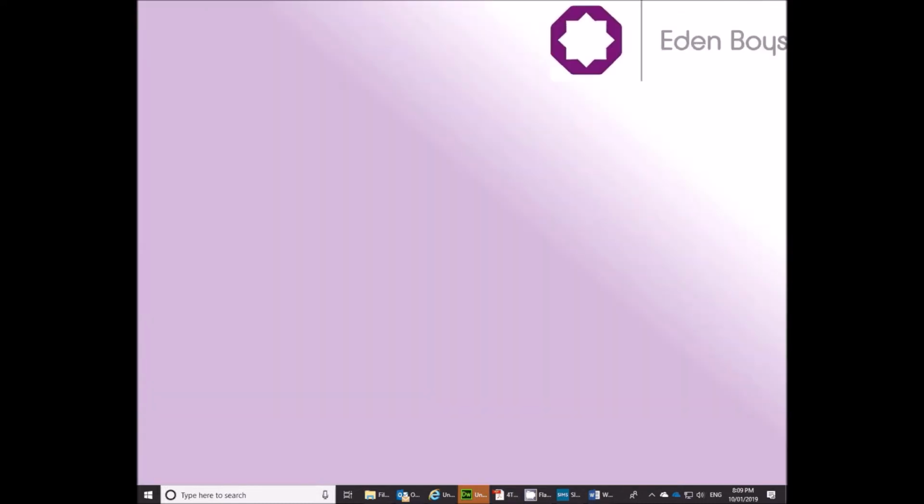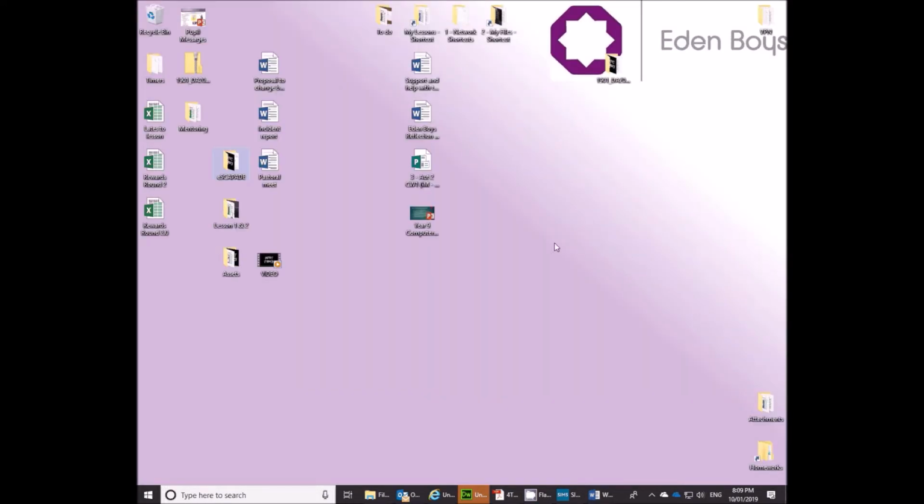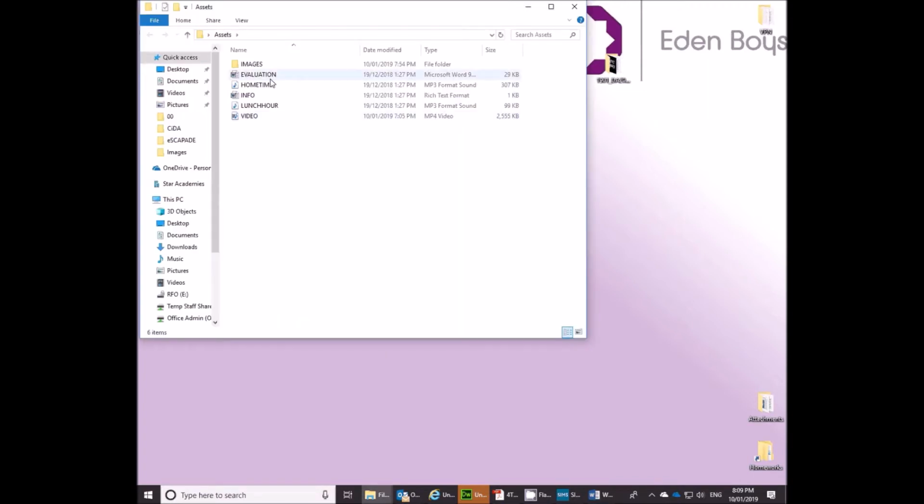When you begin, on your desktop will be one folder that's got the centre number, your candidate number, the first 2 initials of your surname, and the first initial of your first name. It's in there that you'll find all of the things that you need. You'll find a folder called assets, you'll find the evaluation, you'll find the info, and that's where you begin. Okay,